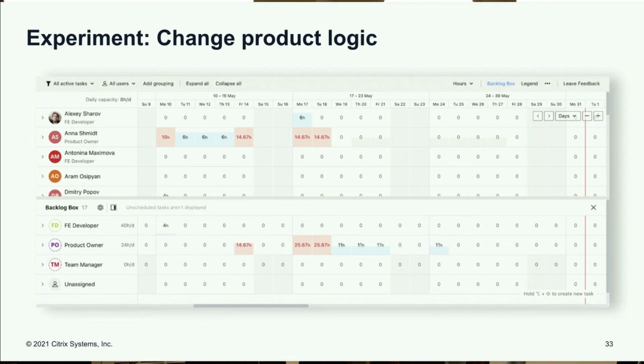Because it worked fine when they had 20 users in the account who were generating a lot of stuff. It became a problem. So we tried to change this logic and display in the backlog box just the tasks from the scope of the chart. It's a major change, a change of logic, a change of what the customer asked for, but it worked perfectly fine.